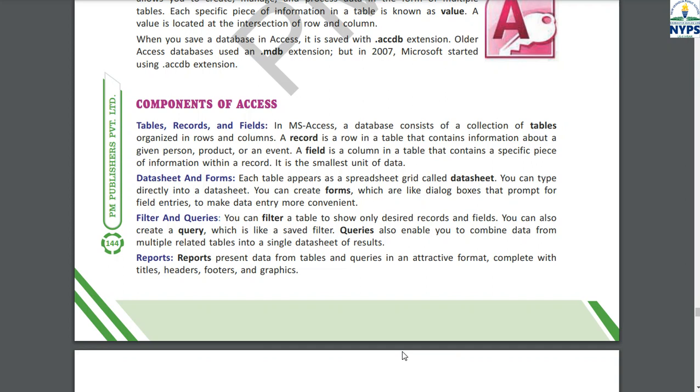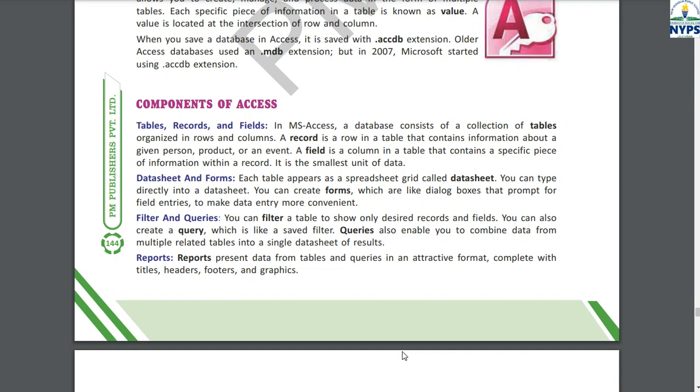For example, the roll number column will contain only the roll numbers of the students. The name column will contain only the names of the students. And the smallest unit of the data is the field, sorry.